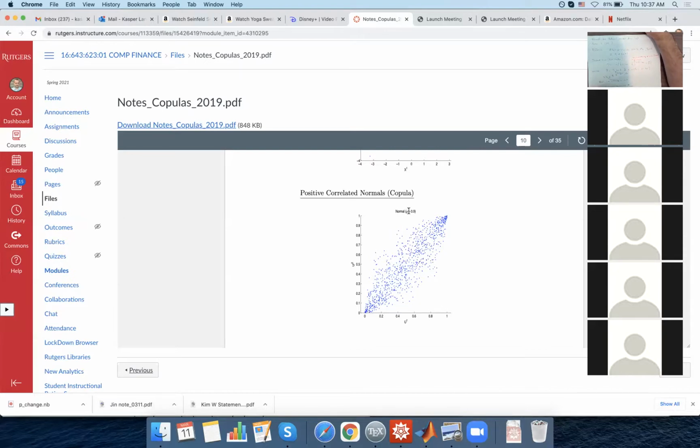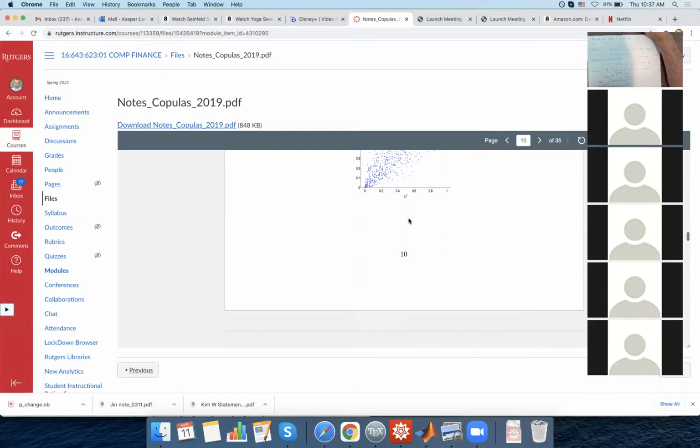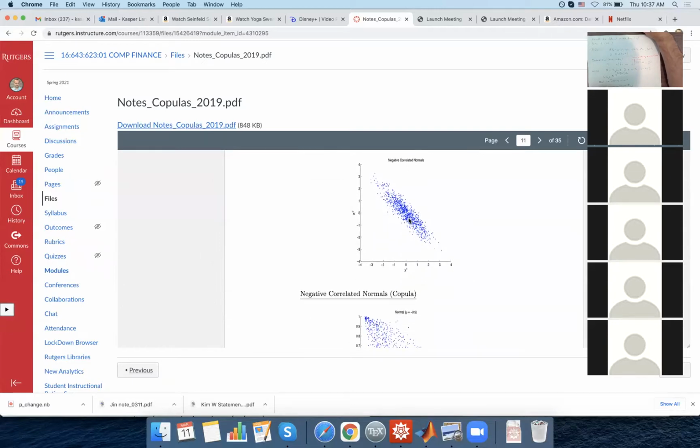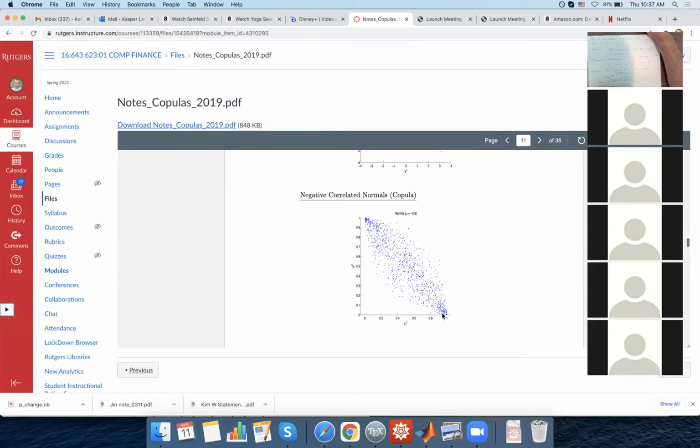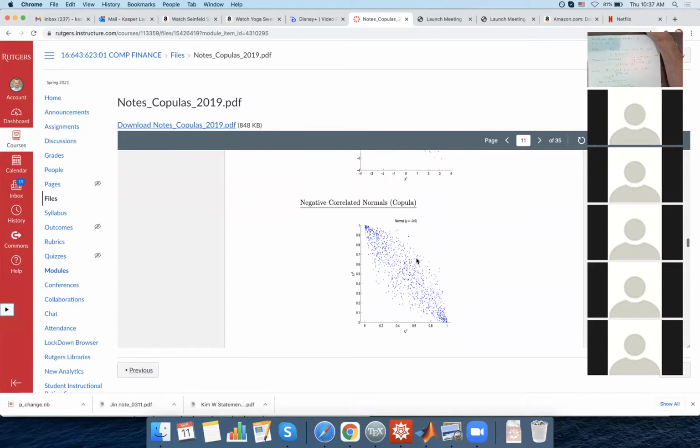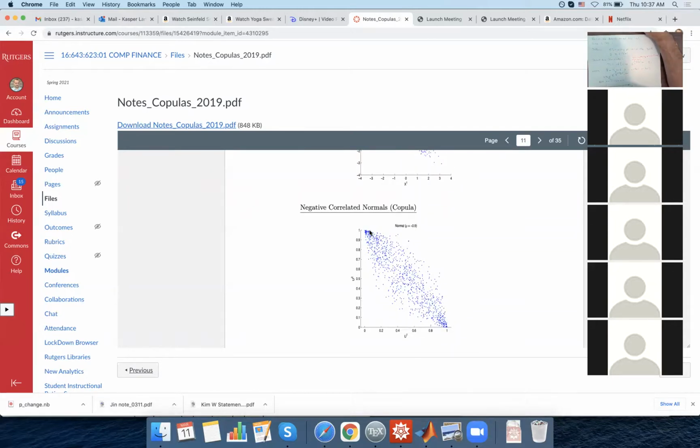And if I switch it around, this was correlation 0.9, and I get negatively correlated normals, then I'm going to have the activity in the upper left and the lower right. And again, you plot them, convert them into uniforms, and you're going to get clustering up in these two ends. So I have heavy tail dependence here,